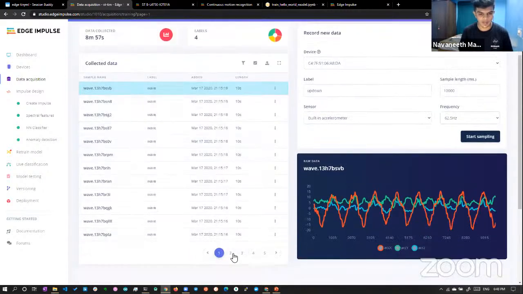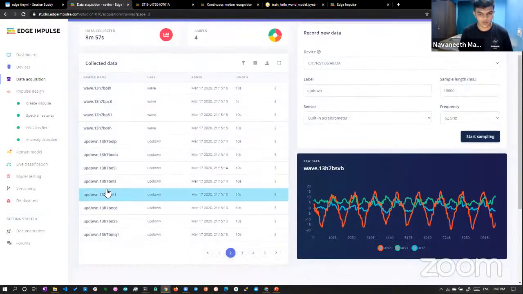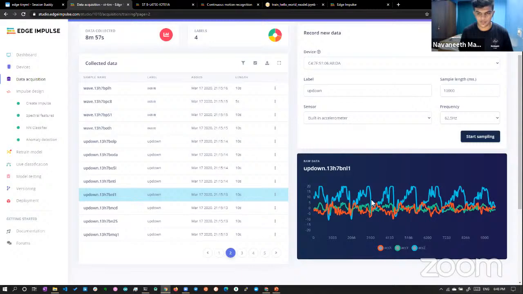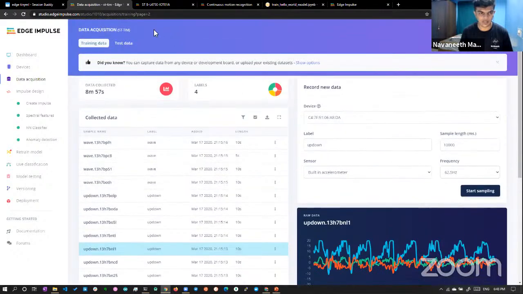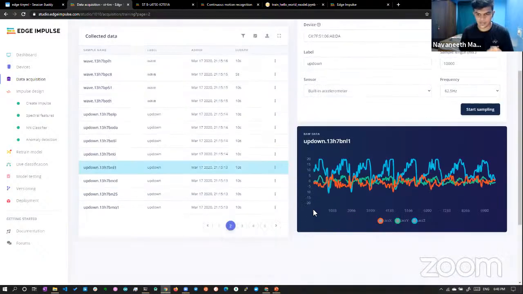You have wave and other up, down, and all. You can inspect them and see what it is, and also you can add this data, right? So now we have this raw data for 10 seconds. You can see 0 to 10 seconds. For every second, it's 62 samples, like 62 hertz, 60 samples per second. That's frequency. Okay. So totally we have for 10 seconds, 60 into 10, 600 sample points for the 10-second